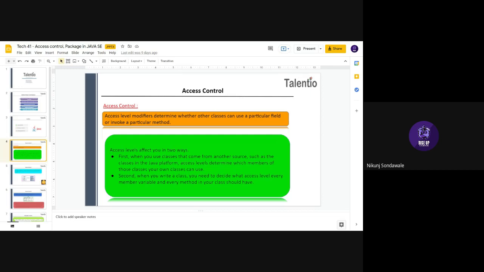Which means, in some cases, you design a method which shall be used in the same class itself, not accessed by any other.